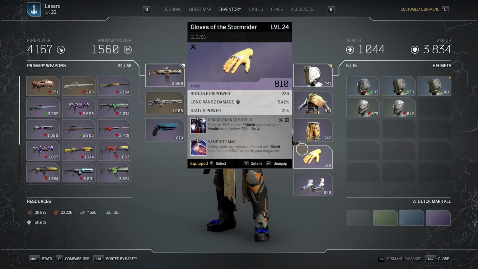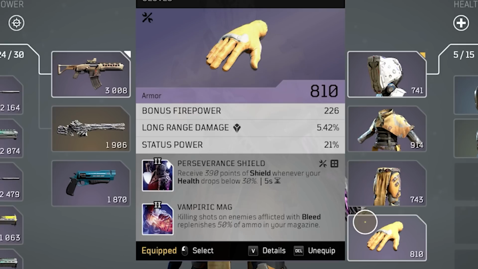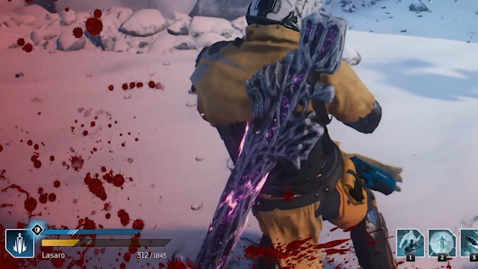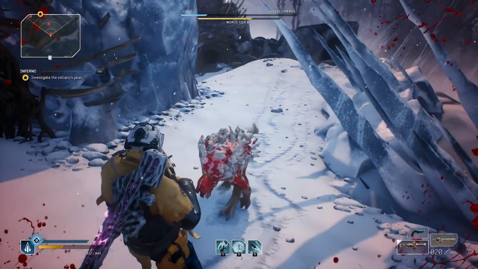And there's also another armor mod that at least I recommend in the early stages. It's also really helpful at mitigating some of the damage, and it comes in the form of this Perseverance shield that you can randomly get on gear. Again, all RNG dependent, so check if you got it already in case you missed it, but it's very useful as it gives you almost 400 shield when your HP drops below 30%, and it has a relatively short cooldown